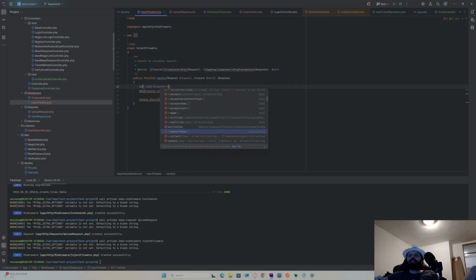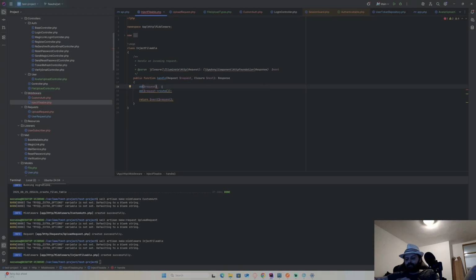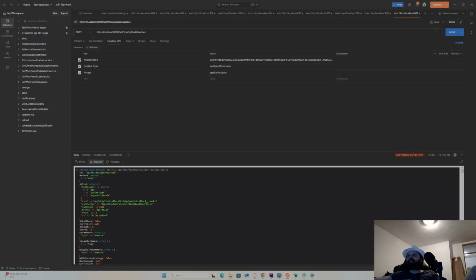Validate, accepts, ajax, attributes, cookies, flash. I just dumped the entire request to see what this is going to be. It'll be fun to inspect. But let's check what's in this freaking request. I apologize.